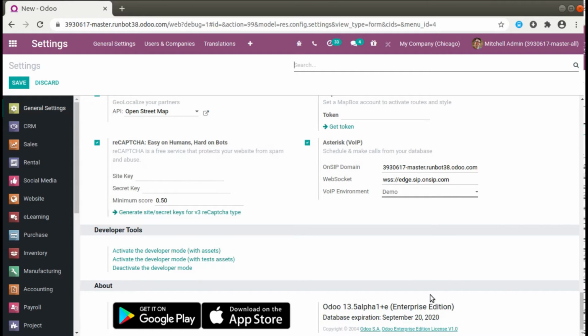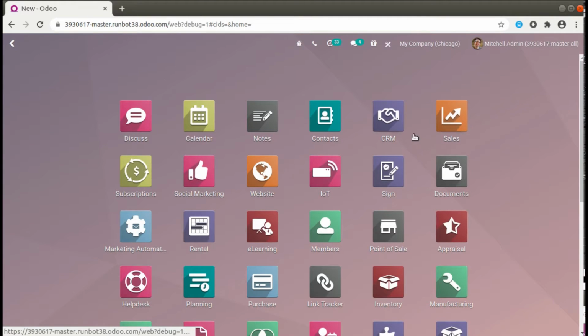In Odoo 14 Enterprise Edition, we can configure dynamic approval rules from the user interface without using any custom modules or custom code, simply using Odoo Studio. This is the admin login. Here you can see this is Mitchell Admin, and all the modules are installed in the database.